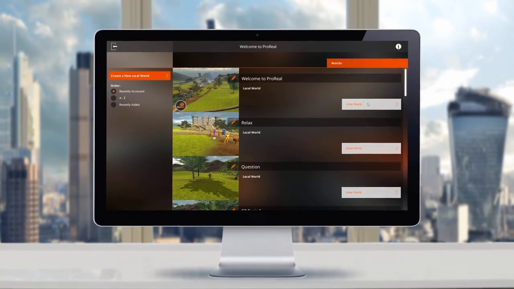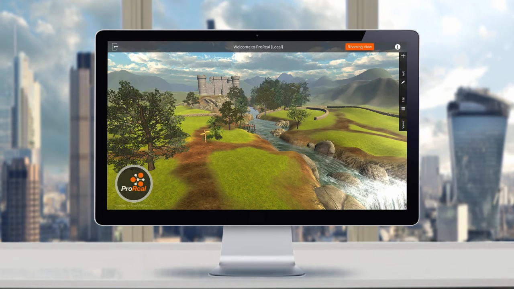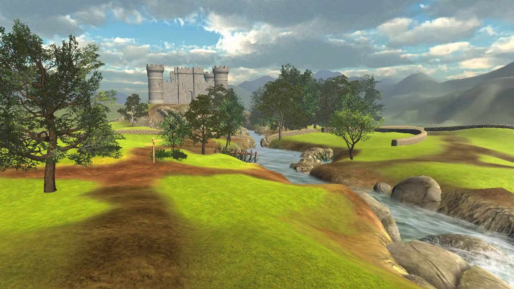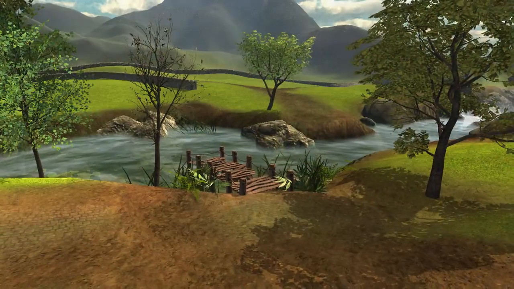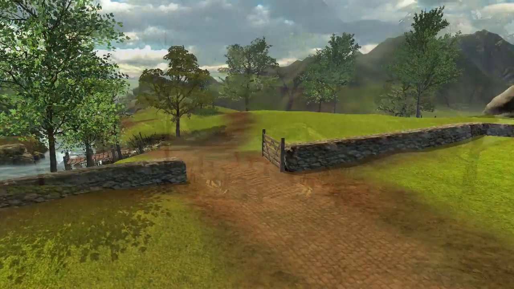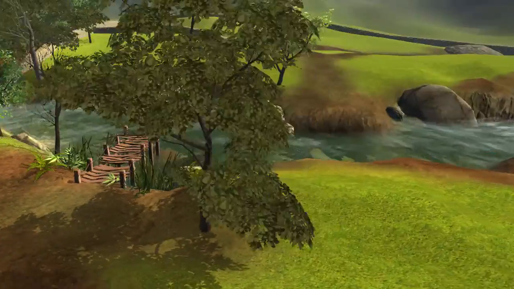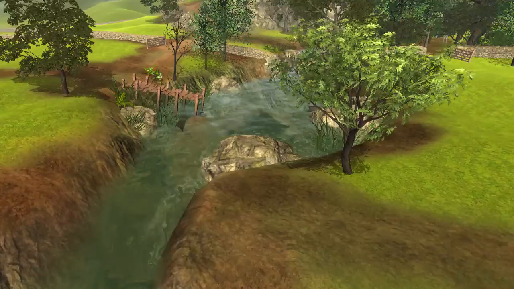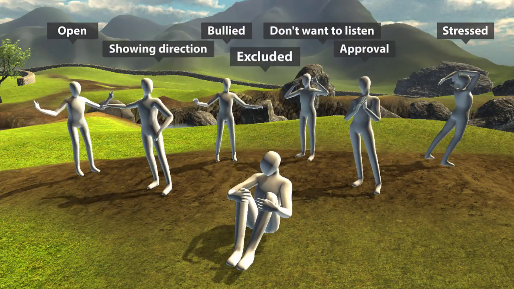This short video sets out how this avatar-based software is being used in business to support employee engagement. It can be used face-to-face or remotely, usually with the support of a facilitator. It is based on a virtual world landscape which has features such as trees and woods, and a river with bridges to get across, and walls and paths and gates, which provide an interactive and three-dimensional visual platform to create representations of people, to arrange complex situations.